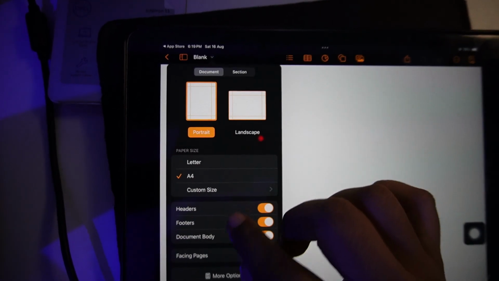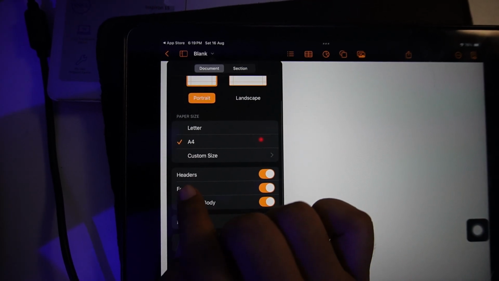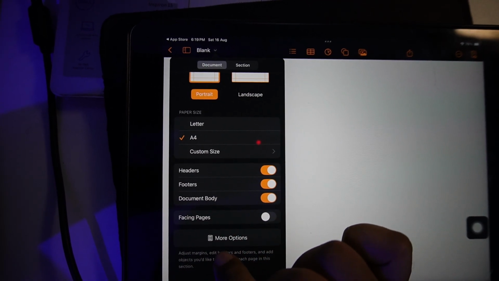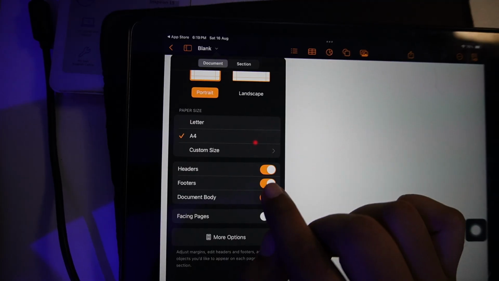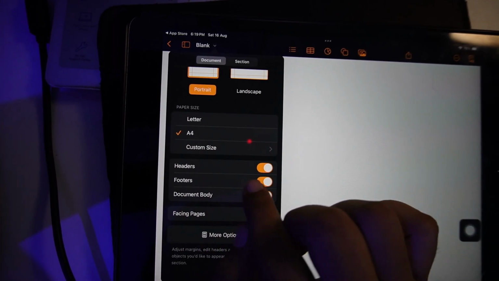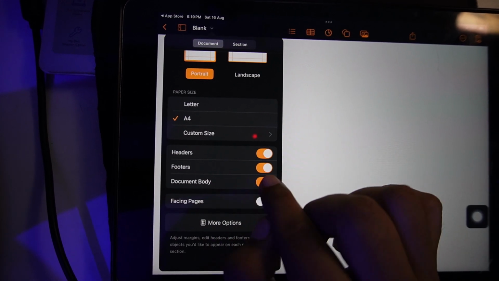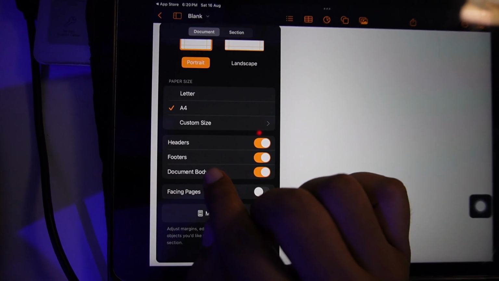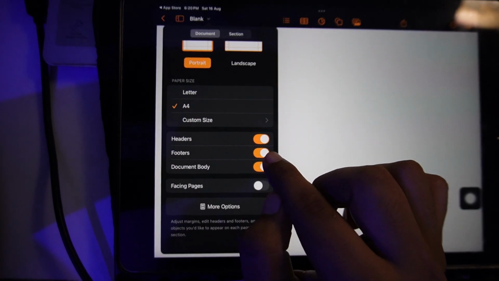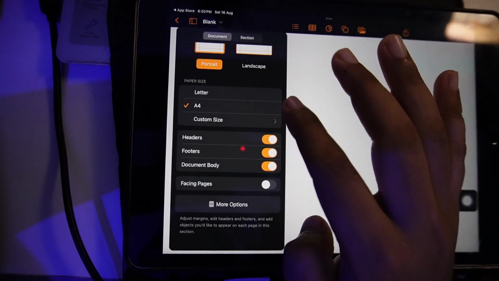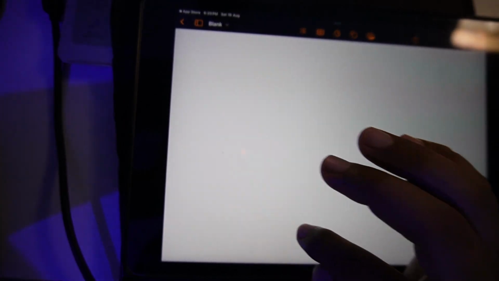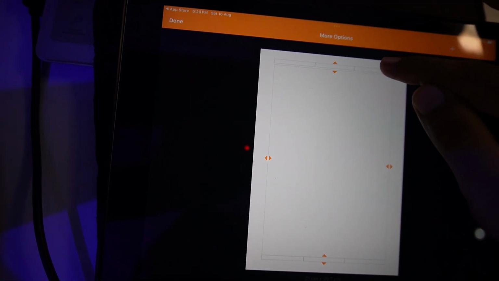When you tap on this, now you have to make sure to enable this headers and footers option. If you want to add numbers at the top, you have to make sure to enable this header option, and if you want to add numbers at the bottom, you have to make sure to enable this footers option. Now once you enable it, you can tap on more option,